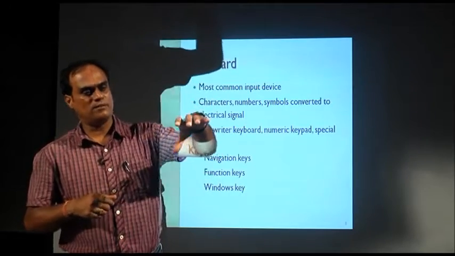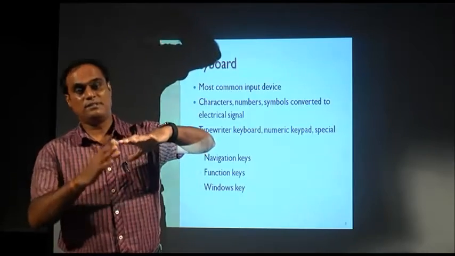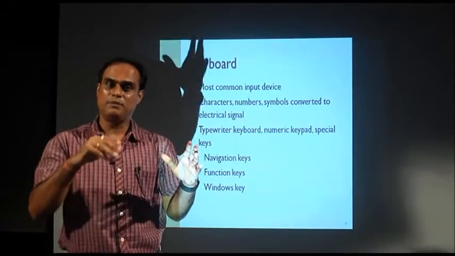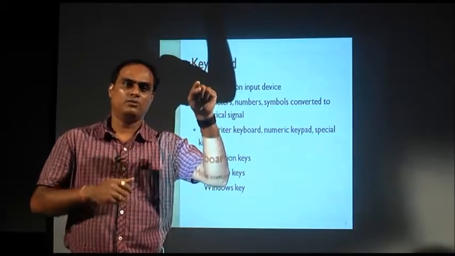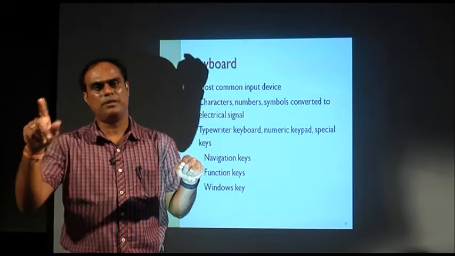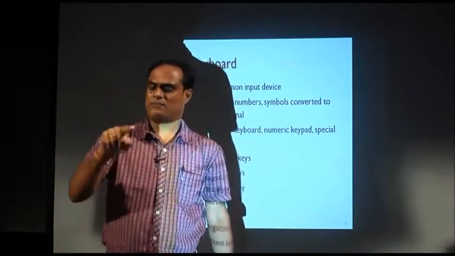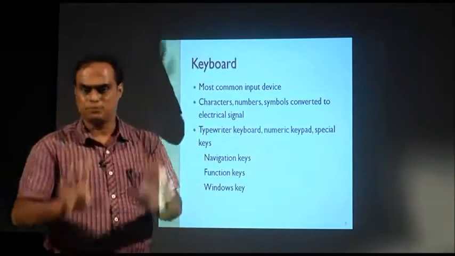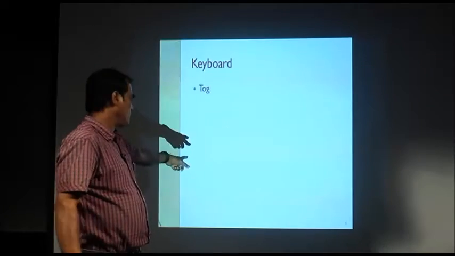So, that is why in the keyboard the various special purpose keys are there. These are system defined. When you press that key, the computer automatically identifies what it has to do. Suppose we press P, the computing system receives P. But when you press a special key, such as a function key F1, F2, F3, the system knows what it has to do. So, these are the function keys.